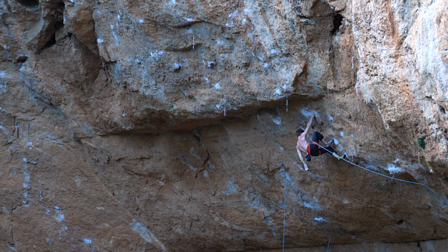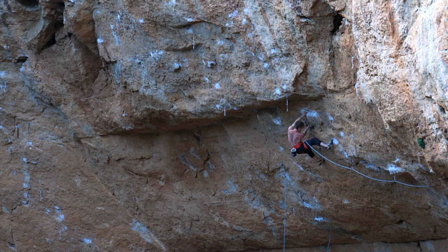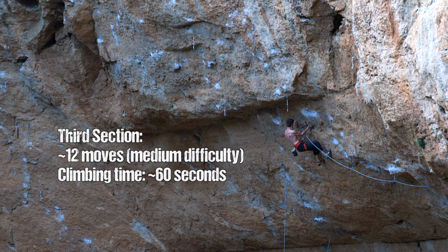Sometimes you can also step your resting footholds with your heels to save energy in your toes, and for this it is actually very useful to be flexible in the hips. Adam Ondra is a true master in this. Alright, enough foot placement, let's move on through that next section, and here I want to drop tip number 4,